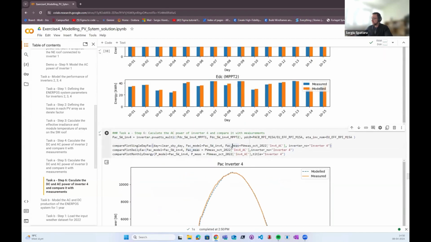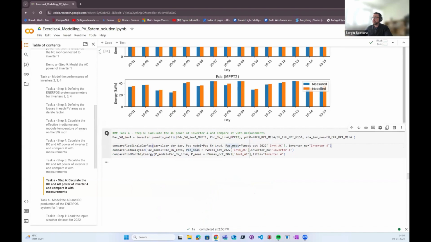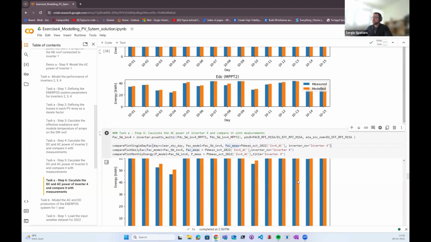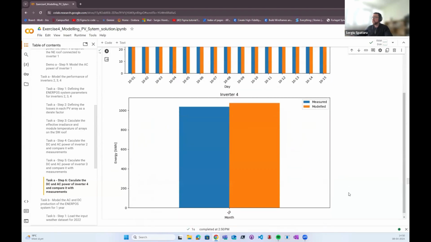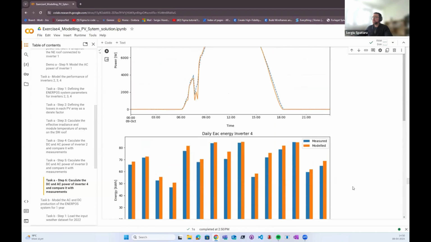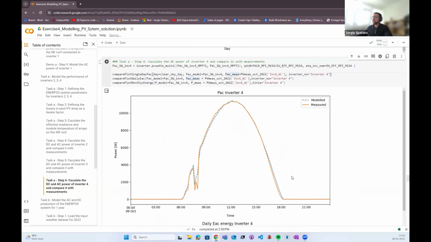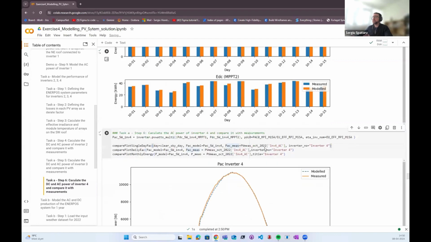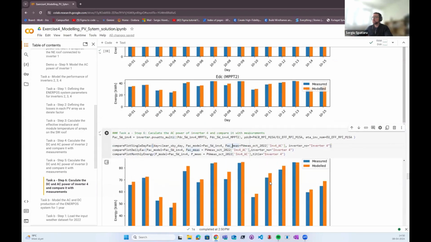And on the AC, it matches very well. So now I have made models for all my inverters, and then of course you can tweak the loss factors a bit more. You can choose several days. If you have a longer data set, you can also try to adjust them so the actual energy